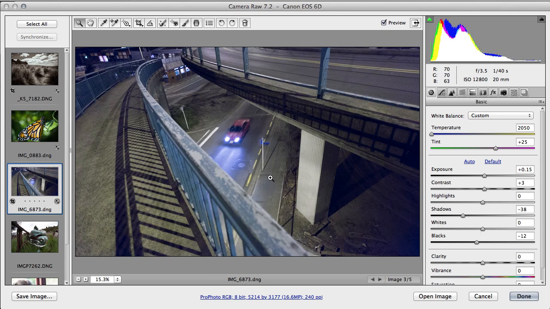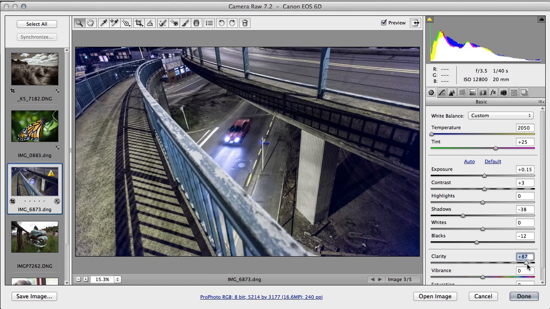And the whites, this is really what's going to affect the whites. We're not going to try and recover detail in those highlights. I don't really want to go extreme with that either. 0 for that one. We can't recover detail in the headlights because the detail's long gone. That would look wrong if we did have detail in there. Let's punch up the clarity. Too much, and back it off until